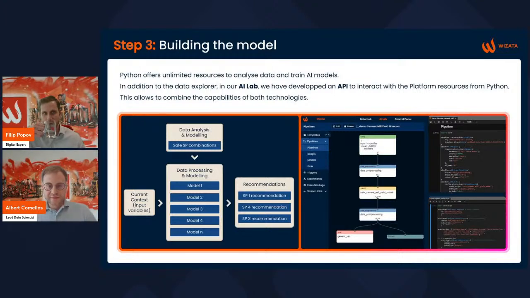The Wizata platform, what we have at Wizata, is our Python library that allows us to communicate from Python to the Wizata platform. So all this is to bring this analysis into Python, leverage all the almost limitless possibilities Python offers in terms of cleaning data, manipulating the data, training your models. And then when you have everything ready, all your codes and all your trained models to execute your solution, you can register all this back to the platform.